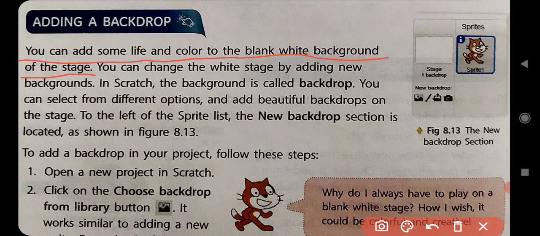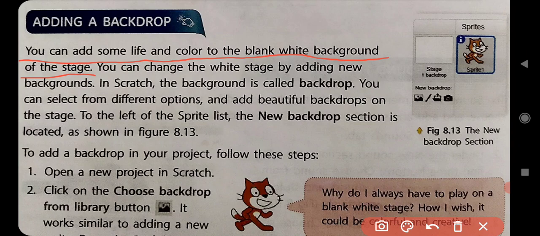If you want to change the white background into a colorful one, we have to add a new background.